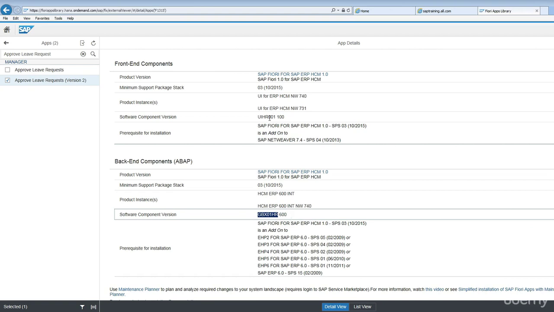So let's go to the service marketplace and download and install UIHR 001 100 in SAP NetWeaver 7.4, which is your gateway box, and GBX01HR 600, which is your ECC box. So once you install these two add-ons,